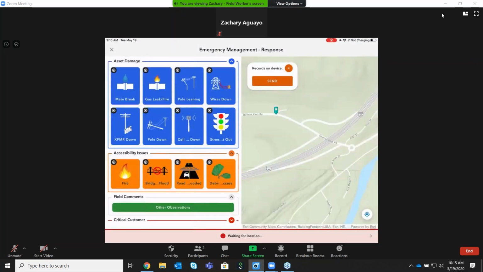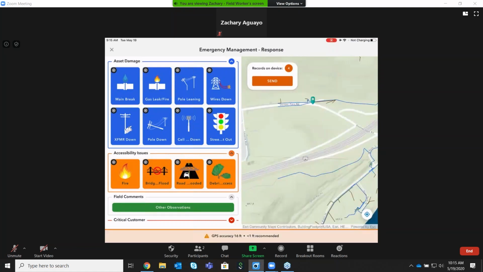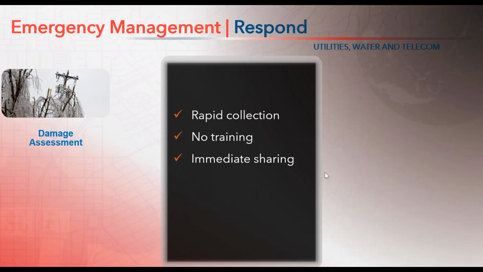Cool. So that's great. So you can add as many buttons as you want, and especially even during the middle of the capturing, if you see something that just repeats over and over again. And what I like most about this little app is that you can use it without people being trained. So Zach illustrated rapid data collection just by driving by. People don't need training, and as we will see later, the data is available to anyone who needs it.